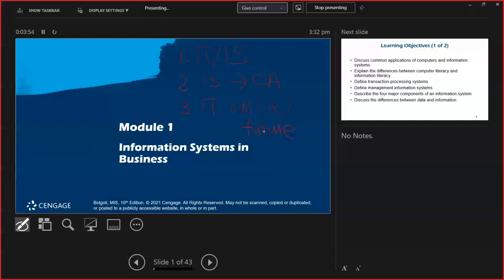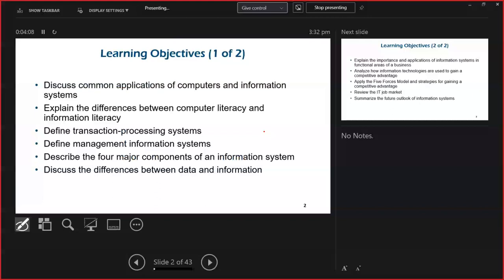Anyway, the IT outlook and future is something that we have to tackle. This actually gives you more reason on applying this, using it in your business. Okay, so let's get started and take a look at the learning outcomes, learning objectives. Because of those 3 themes, you're going to find out that some of the objectives, like the application of computers, telling what information and computer literacy mean, are basically related to the question that we have in mind in the first place,